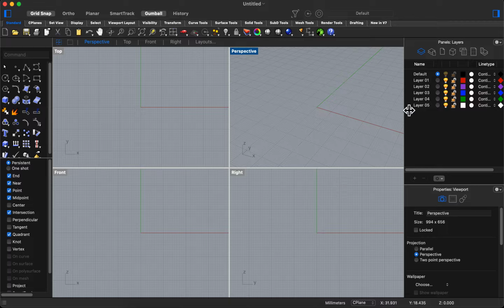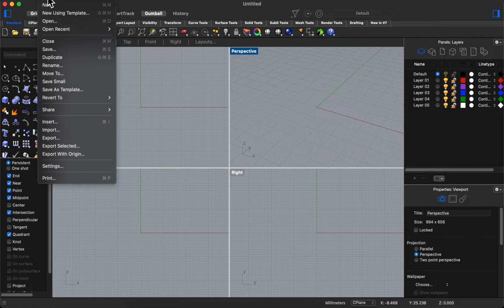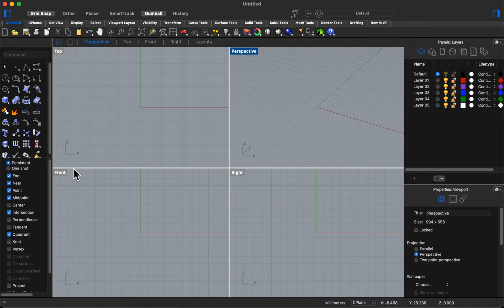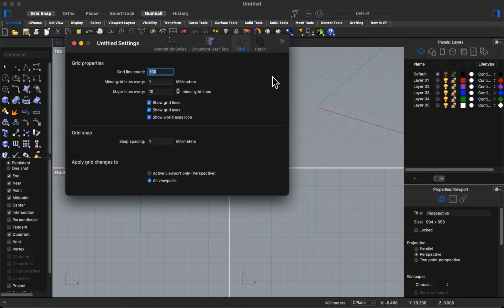I will come into more detail later on the right hand side. But for now, let's take a look at the left hand side first. On the left hand side, I want you to do a couple of setups first. First thing is go to the file, and look for setting. In setting here, you can see that the current grid line count is only